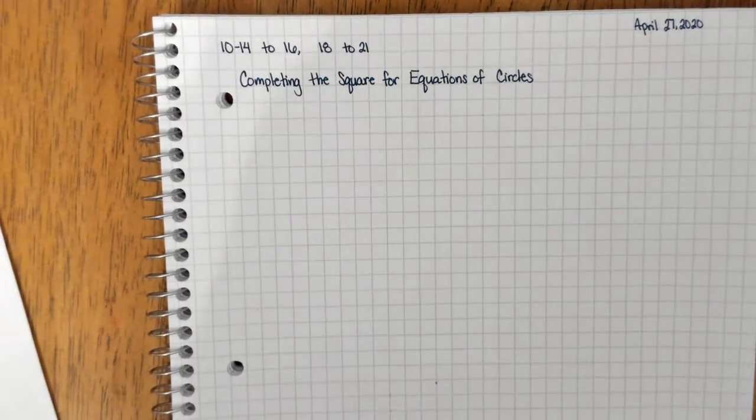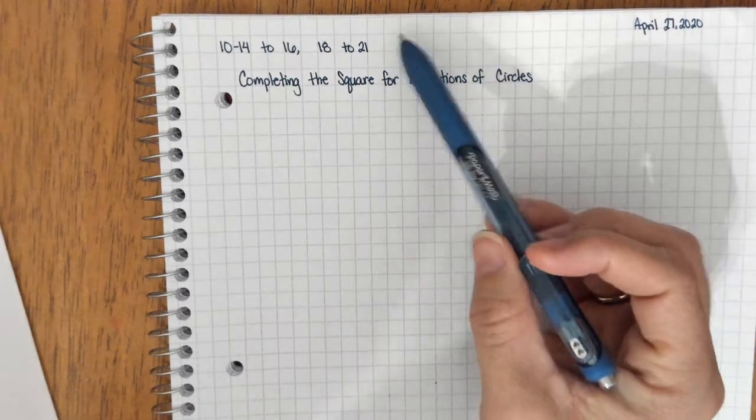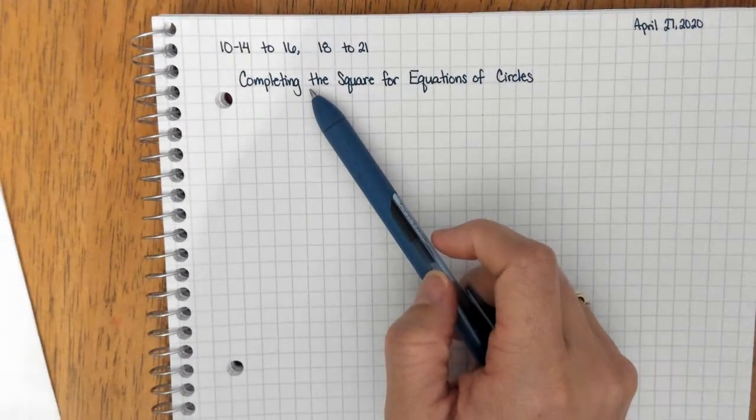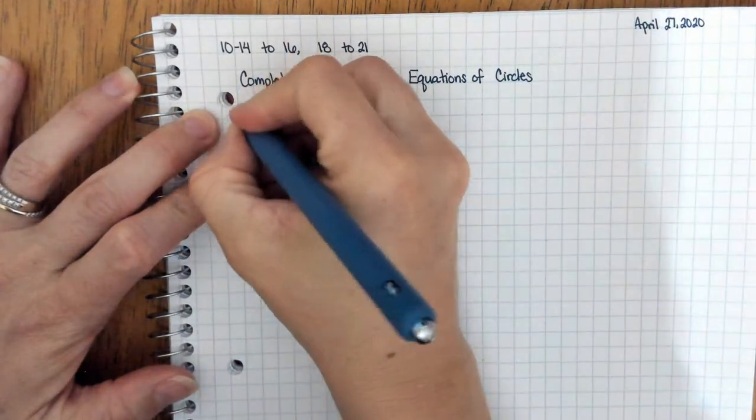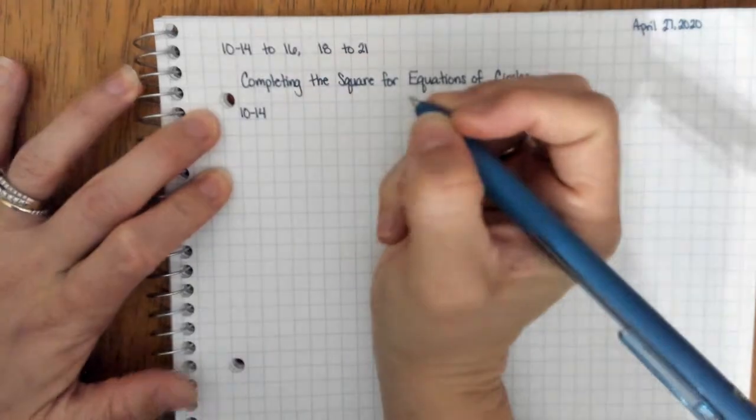Okay, so I'm going to go over 10-14 to 16. Your homework is 18 to 21. In this classwork, it's focusing on completing the square for equations of circles. So on problem 14,